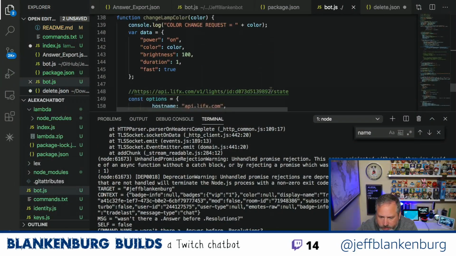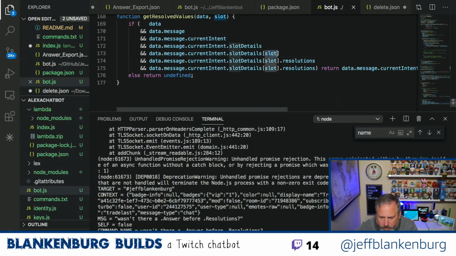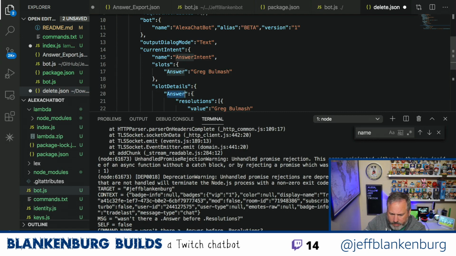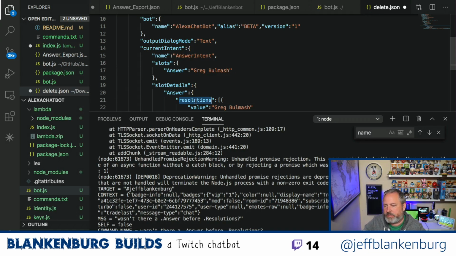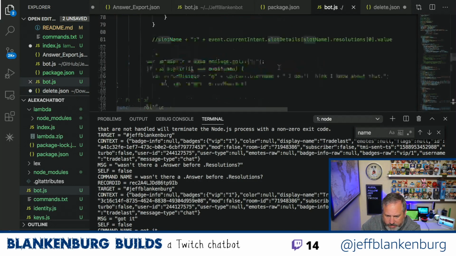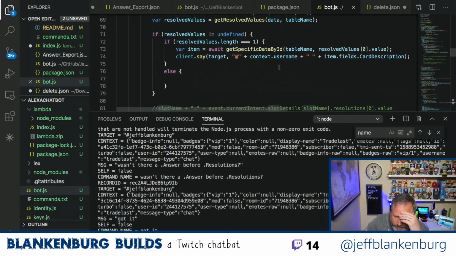The place that I'm doing that is here. I'm passing in the name of the slot, and so I'm treating it like an array instead of hard coding the values in, because I'm going to use this function for a number of different slots. But yeah, it's slot details dot slot dot answer dot resolutions, and if we look at this, slot details dot answer dot resolution. So I'm just passing in the name of the slot so that I can use it over and over with different slots. But yeah, that syntax is definitely there. So I'm definitely getting the value. And I suppose we could trace that through if we really wanted to, but I feel like I'm getting here because I'm making the call out to the database.